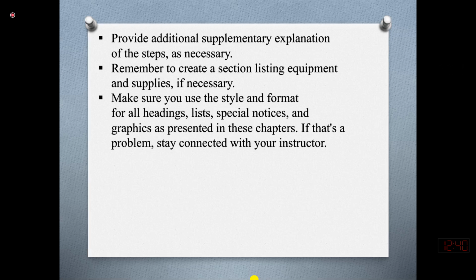Remember to create a section listing equipment and supplies if necessary. If you think there is a need of listing equipment or supplies, or the things people might be requiring in the future, you can list them. Make sure your style, font, and headings, जो मैं पहले बात कर चुकी, should be very standard. For instance, I always advise my students to use Times New Roman, Calibri or Arial, which are more standard and widely used across the world.